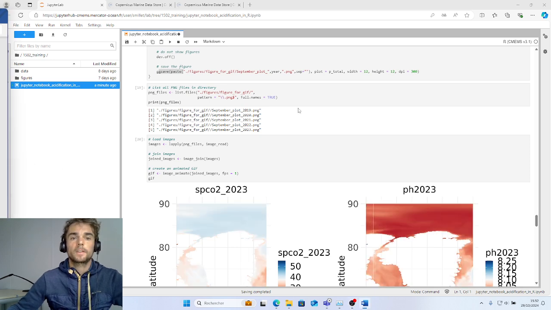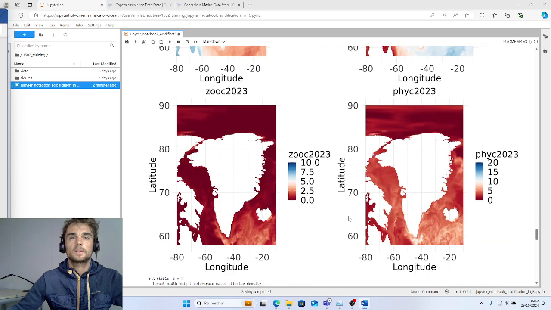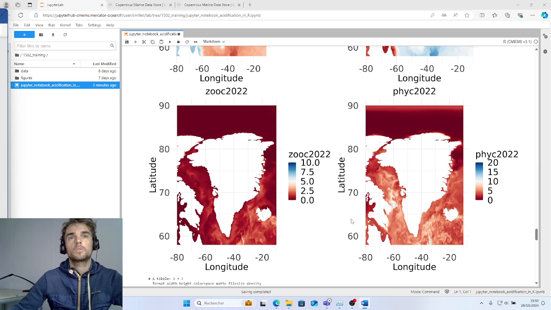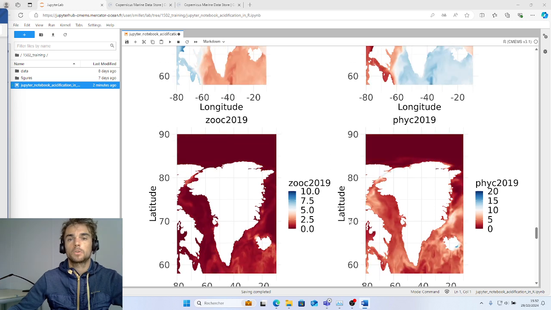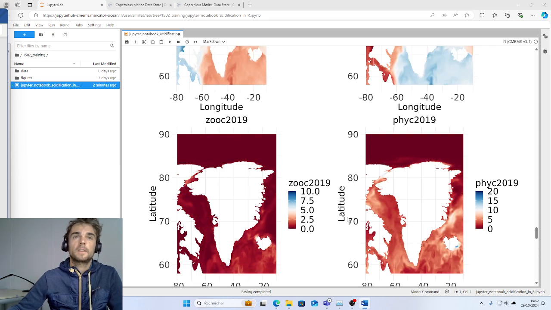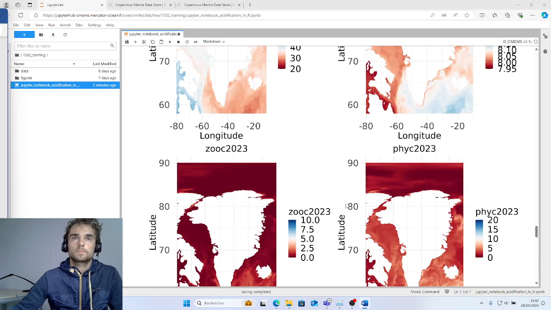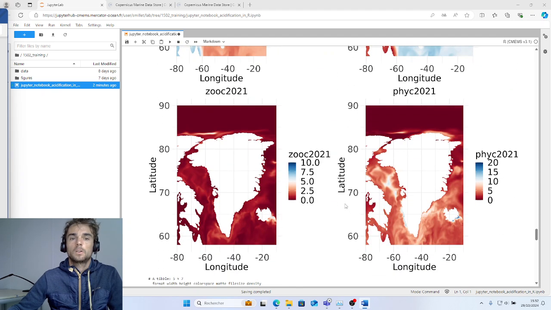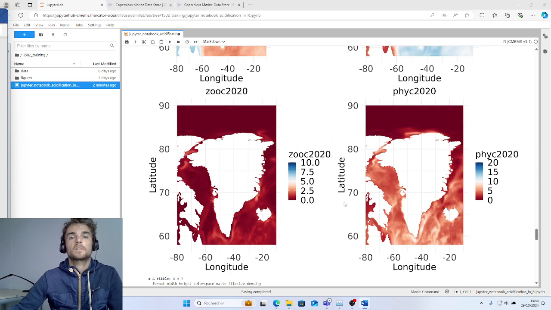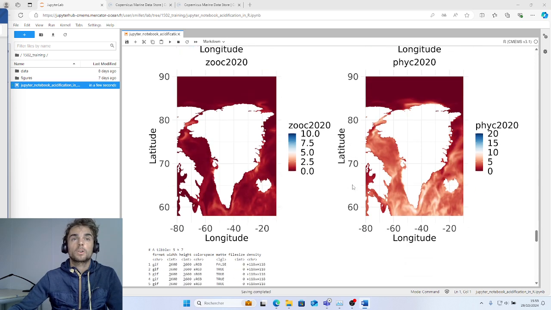Thanks to this animation, we see the evolution of the parameters for the month of September between 2019 to 2023. If you want, you can test over other months to see the evolution during the years.